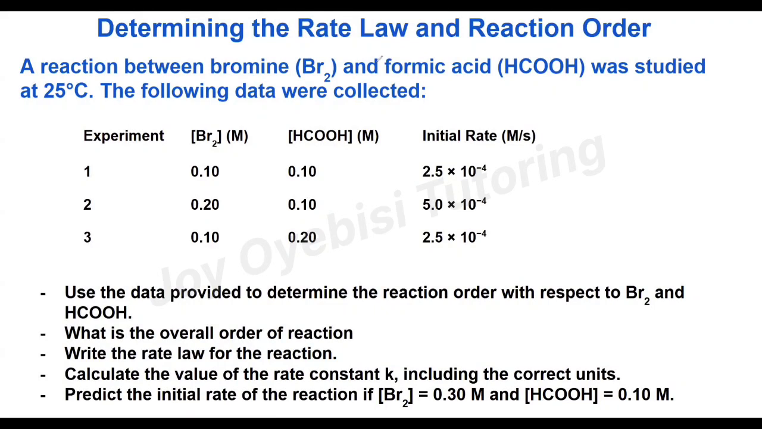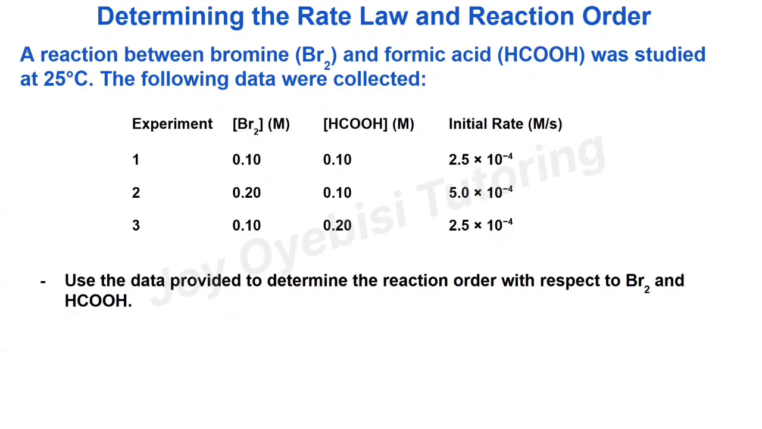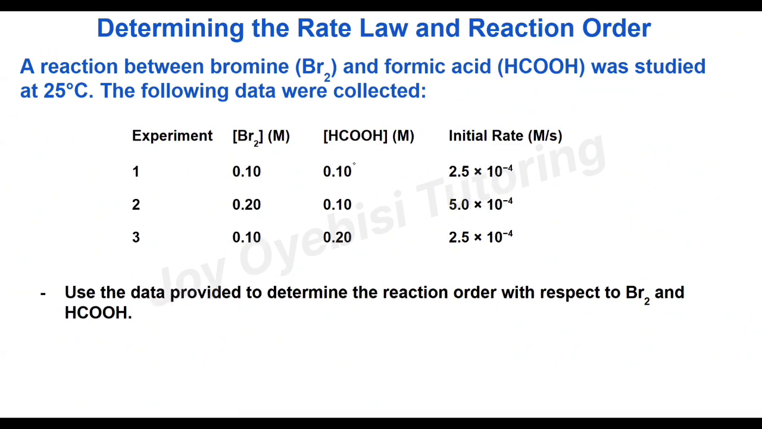Hello, in this video, I'm going to be showing you how to determine the rate law and reaction order. A reaction between bromine and formic acid was studied at 25 degrees Celsius, and the following data were collected. The first question says to use the data provided to determine the reaction order with respect to bromine and